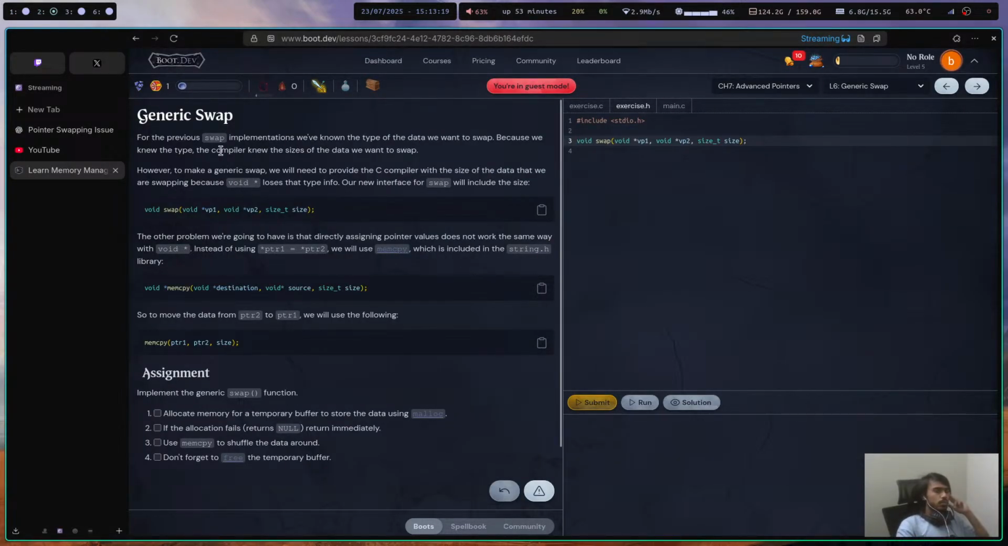For the previous swap implementation, we've known the type of the data we want to swap because the compiler knew the sizes of the data we want to swap. However, to make a generic swap, we will need to provide the C compiler with the size of the data that we're swapping, because void